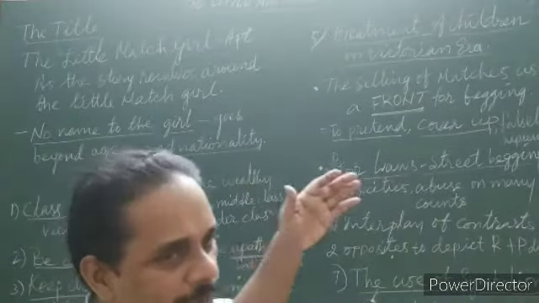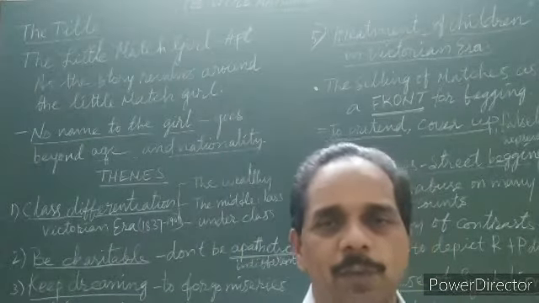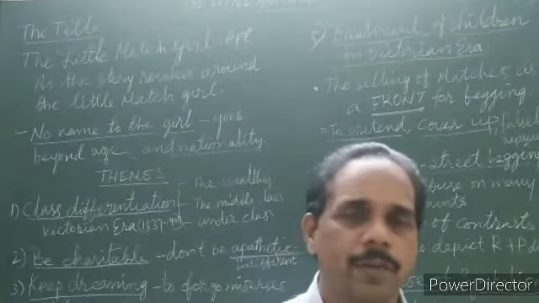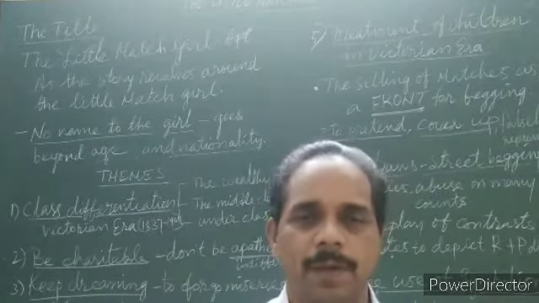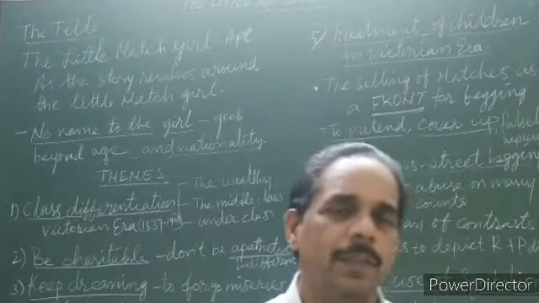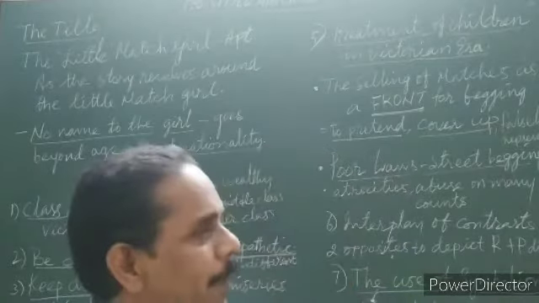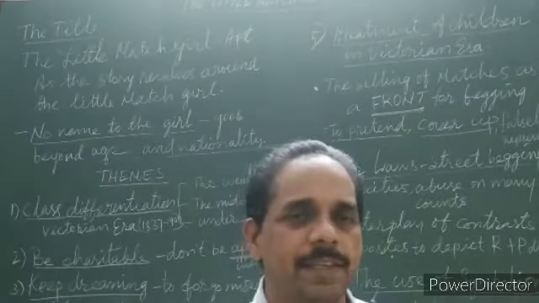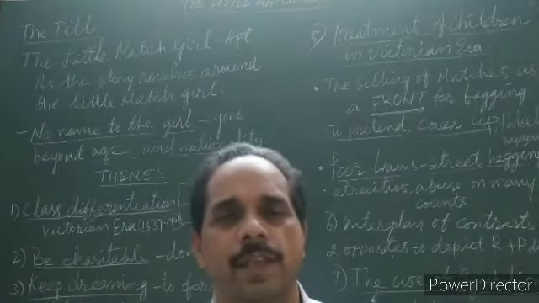There were two classes earlier, before the Victorian age. This is speaking about the Victorian era. What is Victorian era? Victorian era is the time duration during which Queen Victoria was ruling Great Britain. Queen Victoria was ruling the Britain. That age is called Victorian age. From when to when? 1837 to 1901. That is the period when we speak about Victorian age.